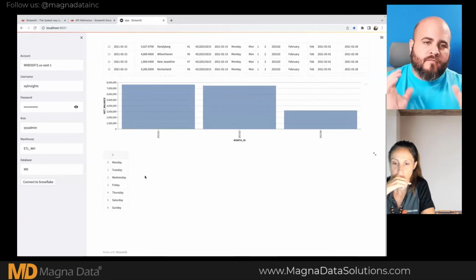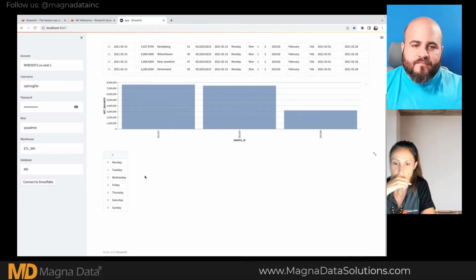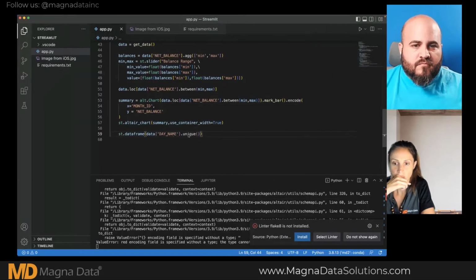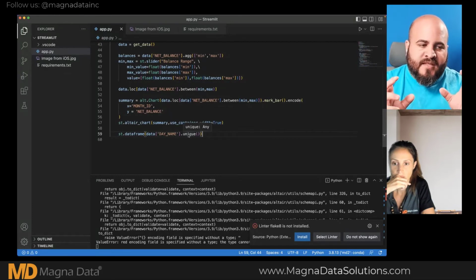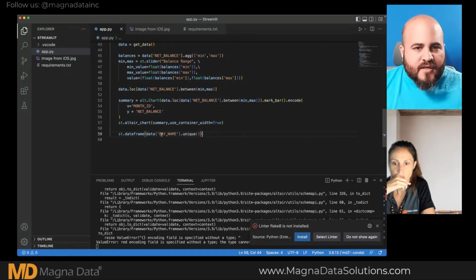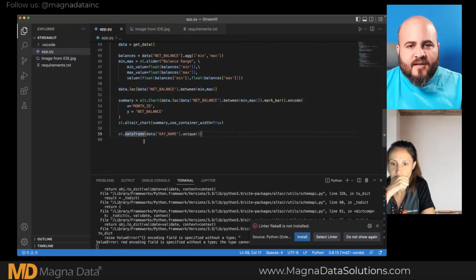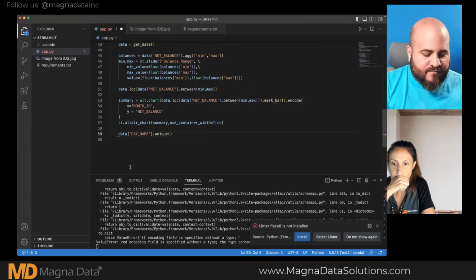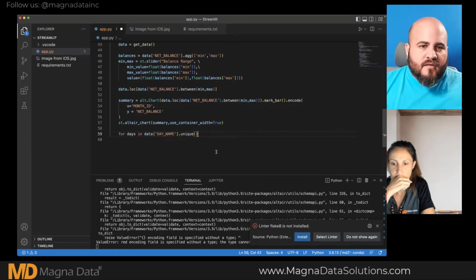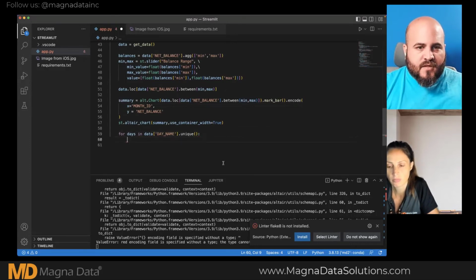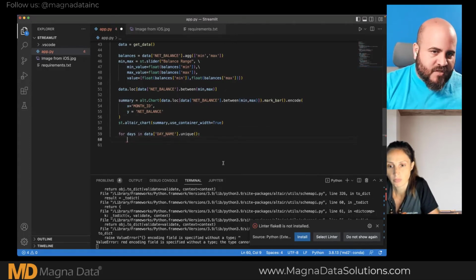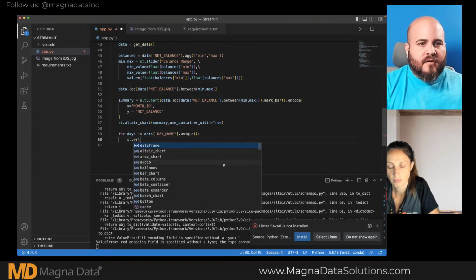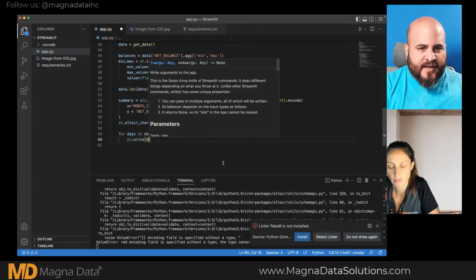But maybe I want to do this in a way that I can display a visualization for each day. So one of the things that I can do is say, hey, I want to sort this data and I want to create a visualization for each day of the week. So I can say for days in days unique, and let's say that I want to do an st.write, and I want to say days,